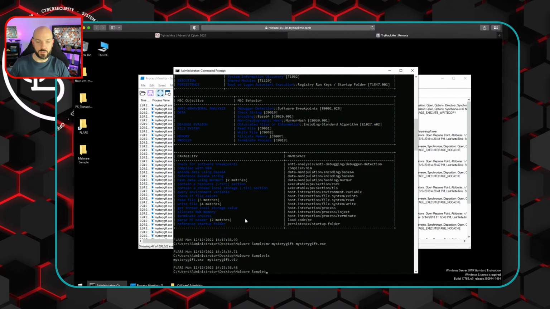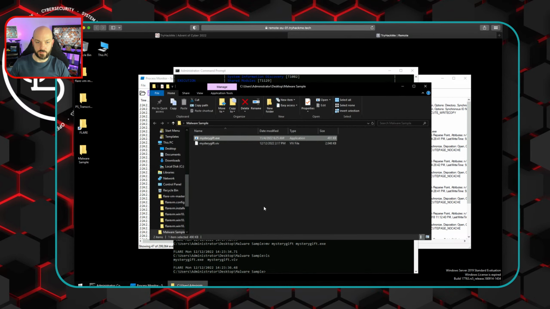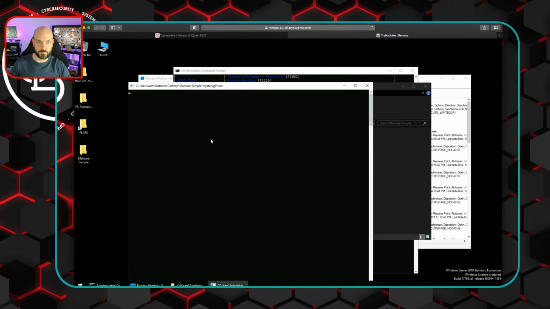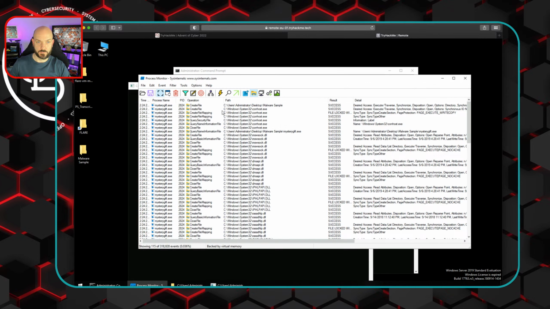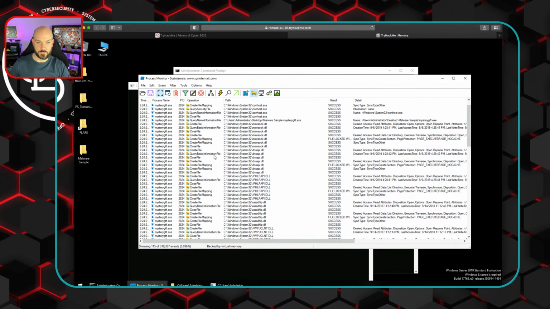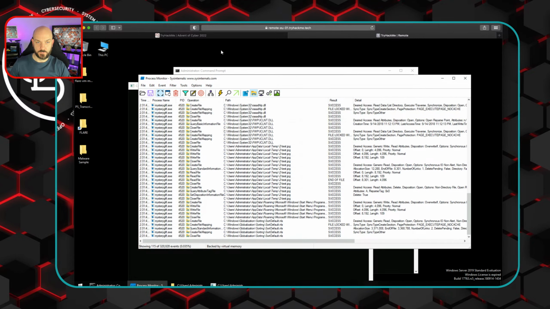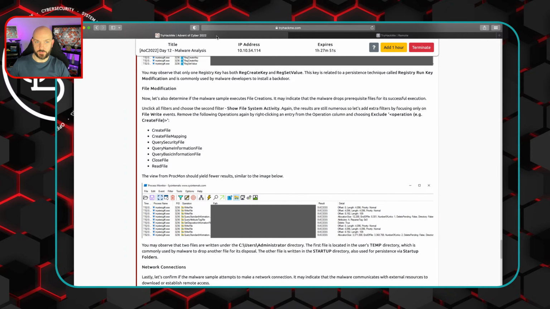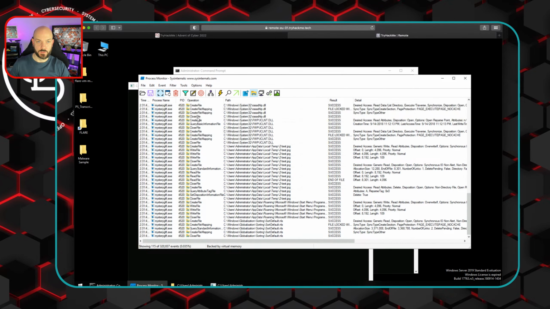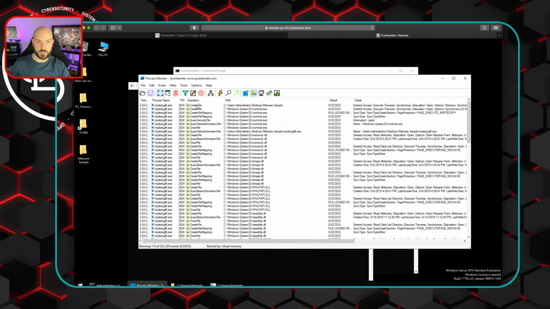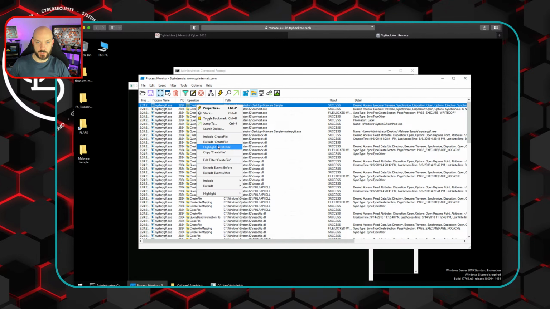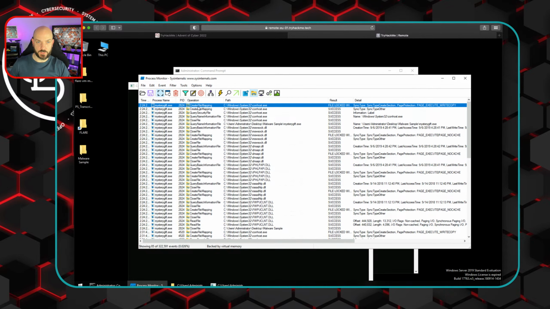We can run the malware again. There we go. I think that was write file is what we were looking for. Yep, okay. So running it again, now we can get rid of these other ones, create file